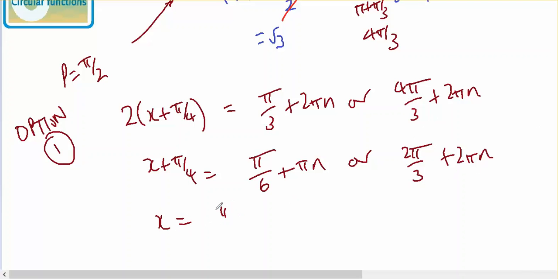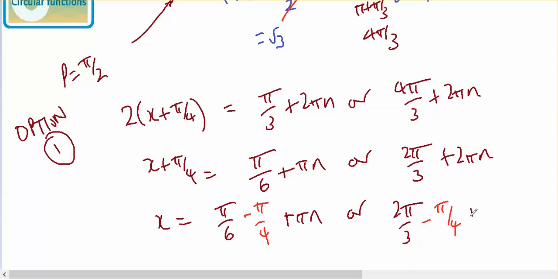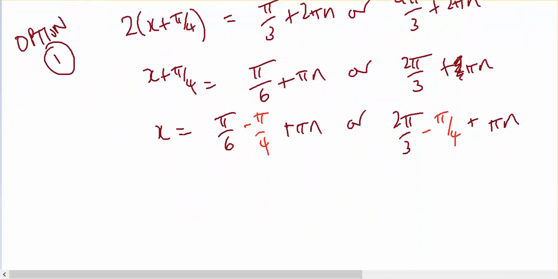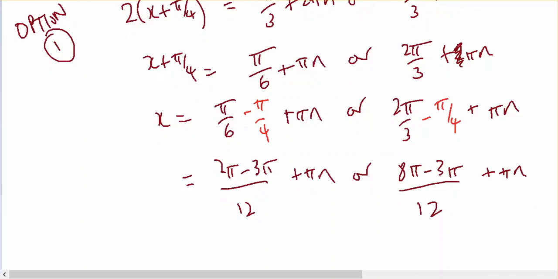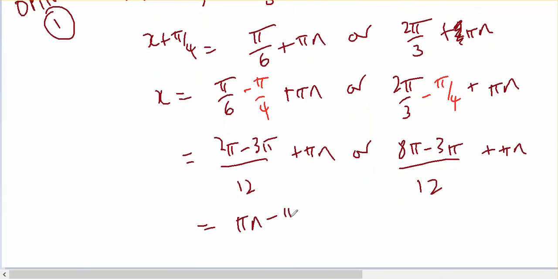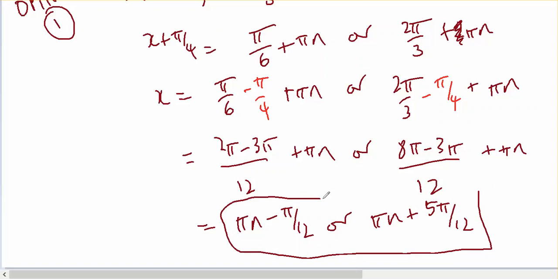So that x will equal pi on 6 minus pi on 4 plus pi n, or 2 pi on 3 minus pi on 4 plus, that should be, when I divide by 2, pi n, which equals, putting them all over 12, that's 2 pi minus 3 pi plus pi n, or putting them all over 12, times by 4, 8 pi minus times by 3, 3 pi plus pi n, which gives me the answer of pi n minus pi on 12, or pi n plus 5 pi on 12 will be the general rule for all the solutions